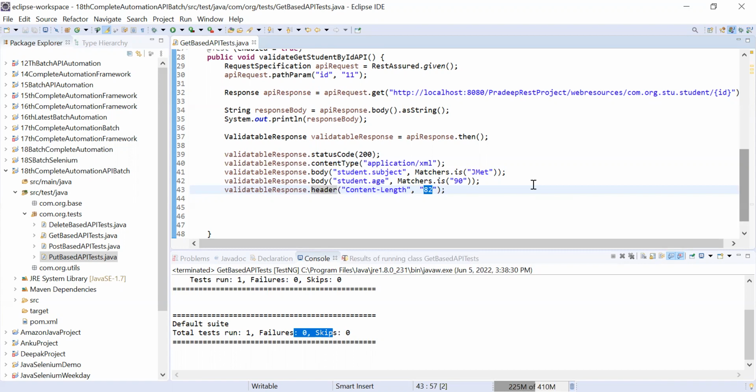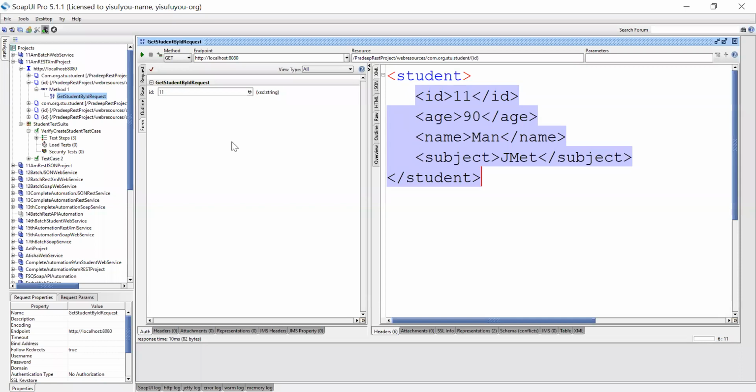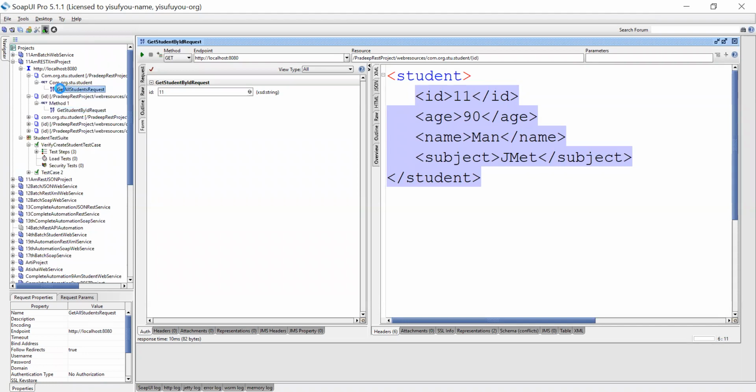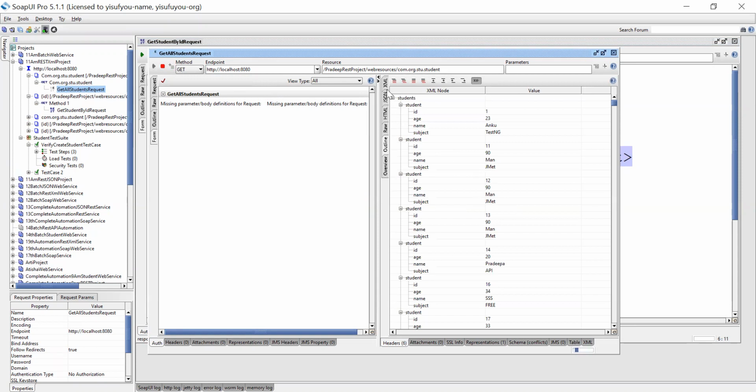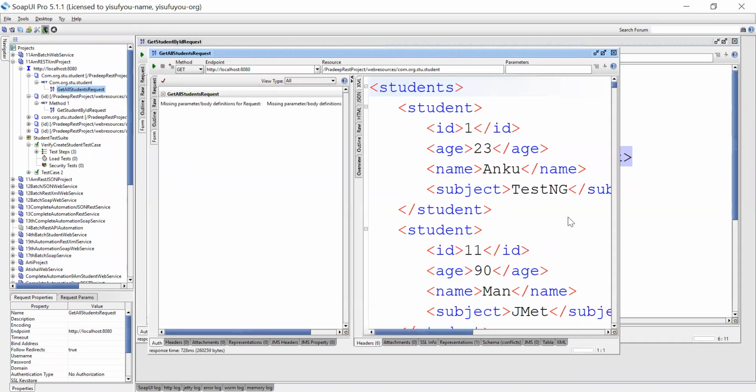In this case, you validated things when you are getting a single data in the response, a single student. But I will take the example of one more where you are getting the data in the form of a collection, yes, multiple data. If you take the example of get student all, let me run it. You will see here lots of data you are getting in the form of XML, and here you can validate so many things. One thing is that you have to validate how many student records you are getting. So how can you validate that? For that purpose you have